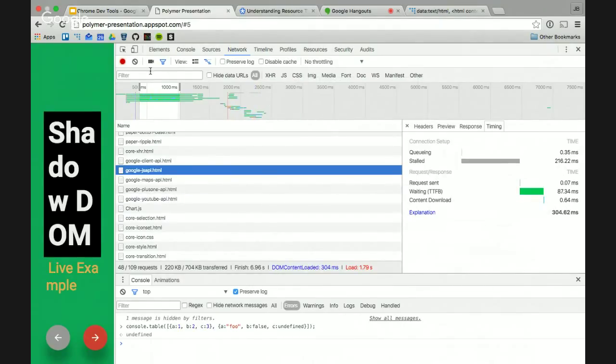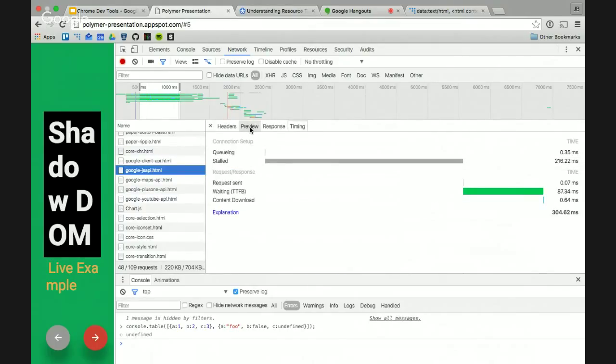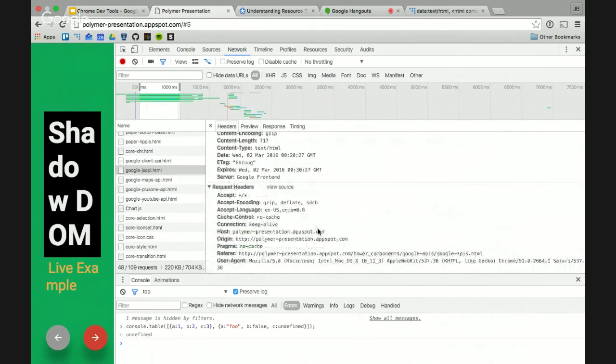You can do a lot of sorting. You can filter. What I find really, really helpful is your preview and your response and your headers. If you're ever having trouble diagnosing what's going on with your API, for instance, and the API is telling you, I'm giving you this, and you're like, no, you're not giving me that, and you're having a fight over headers,